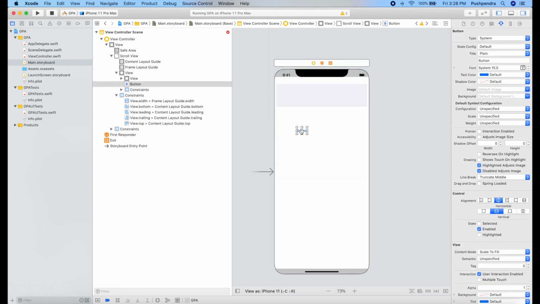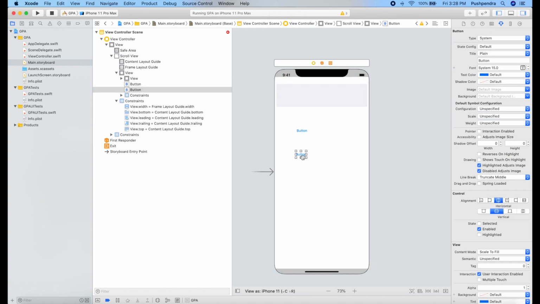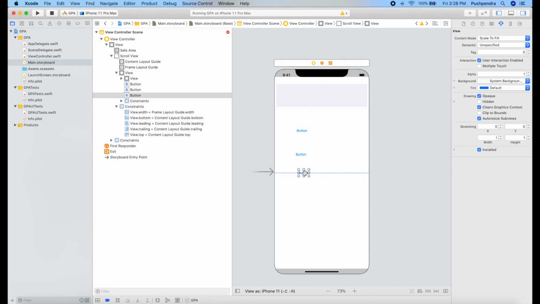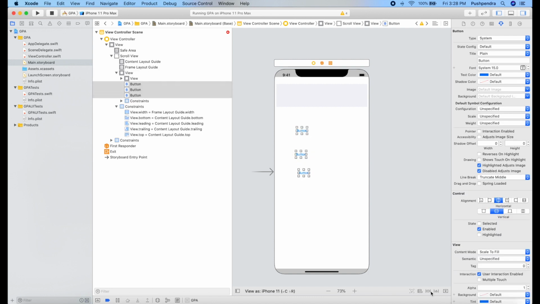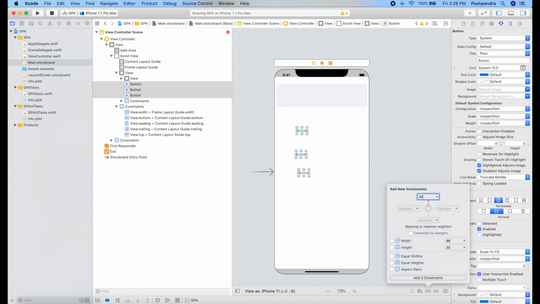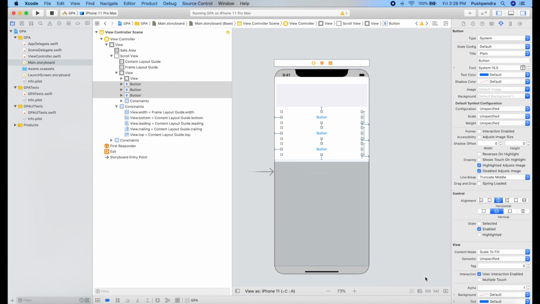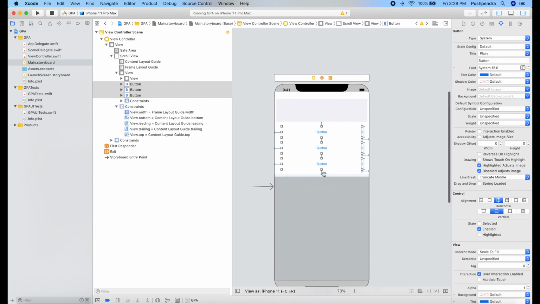And now take one button, copy and paste the same button, and one more time. Now I will set the constraints to all buttons with 20, 30 from left, 30 from right, and 20 from bottom, and height I will make 50. Add 13 constraints. Okay, fine. So every button has its own constraint.